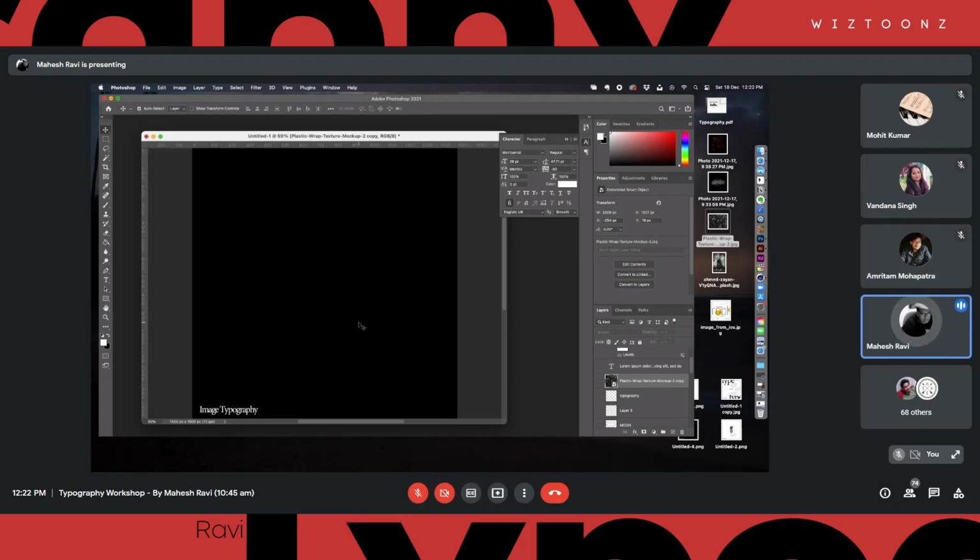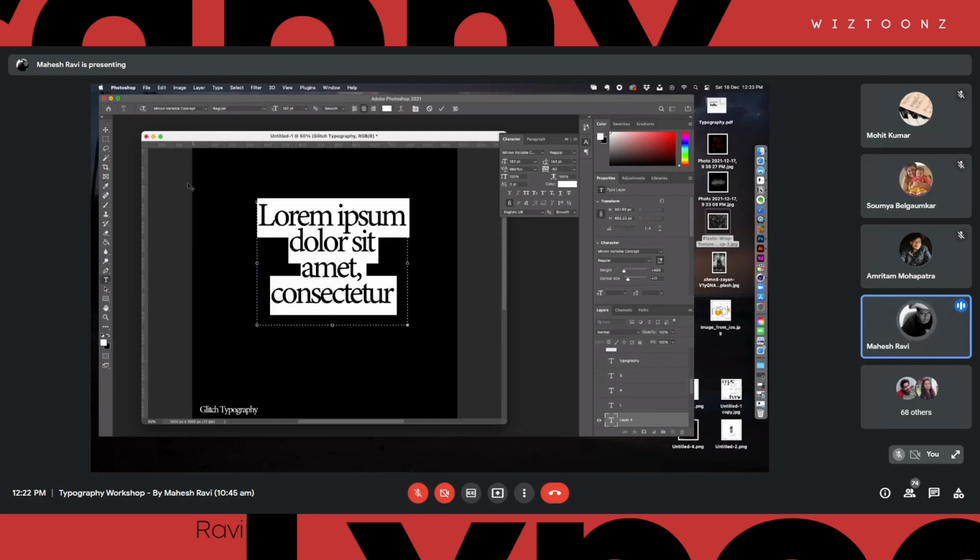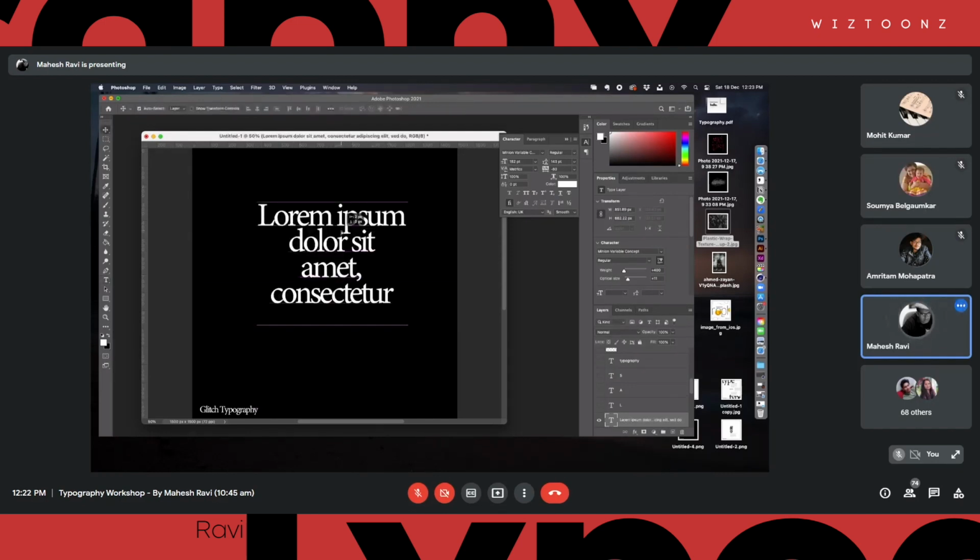So the next technique is, again, something which is related to this. You can actually try and distort... typography. It's something I think you might have seen or even used in certain projects, right? So for example, let's say I have this bunch of text in here, right? This is a text that I have.